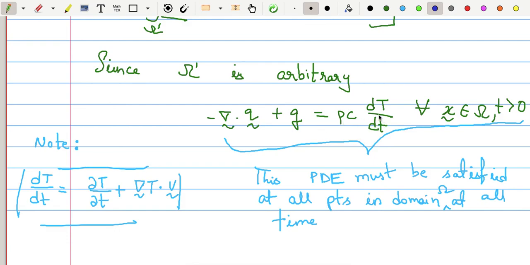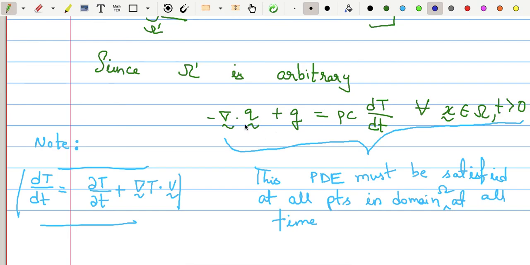differential equation. And by the way, note that the material time derivative using the chain rule can be written as partial time derivative plus gradient of temperature dotted with velocity. Okay, now once again, for this equation, did we make any assumptions on material, whether it's a gas, solid, liquid, or whether it's transient? Did we make any assumption? No. Once again, this is a generic equation which must be valid in all problems to ensure energy balance.